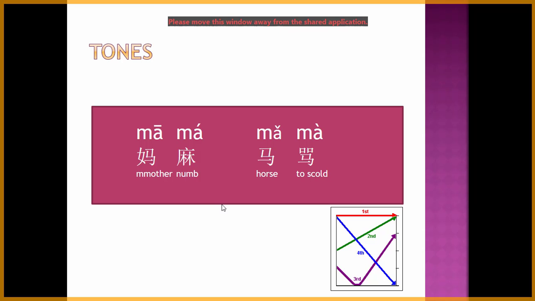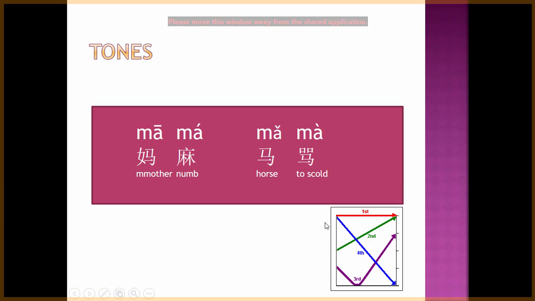Ming bai. Ming bai. Exactly. Now the force of the tone, or the expression of tone, you can also see below in this picture,